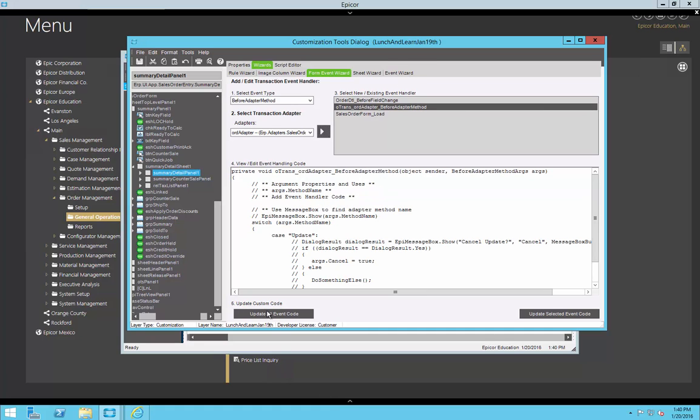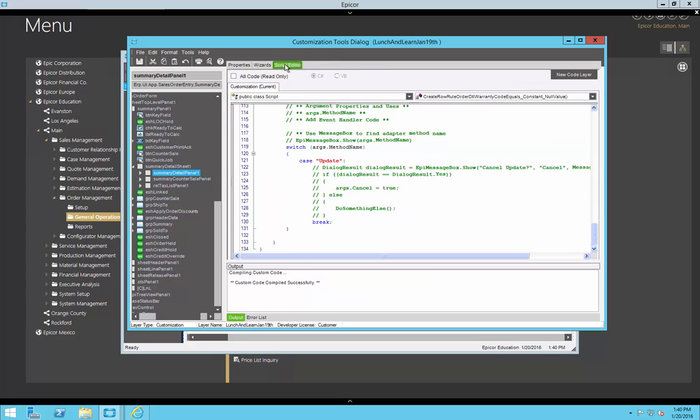Now what I'm going to do is update all those events. This right here will throw the script onto the script editor. If I don't push this button or the other one over here, the update selected event, it will not put the code over there. So we'll go to the script editor as soon as it's done. Now if we look through the code,